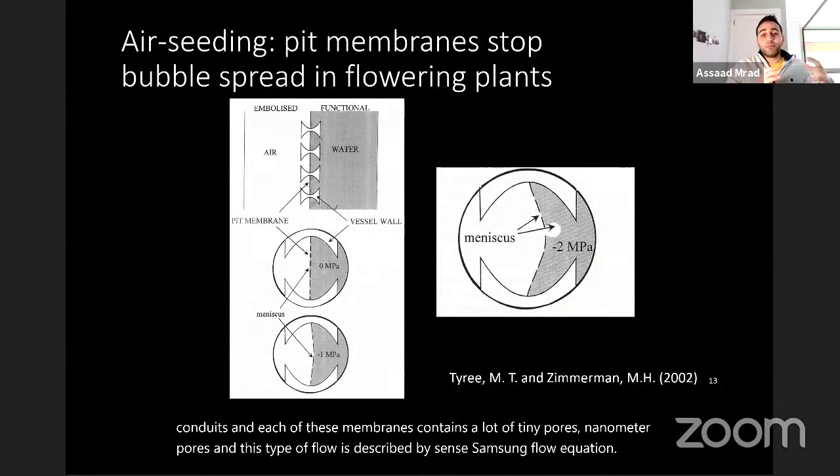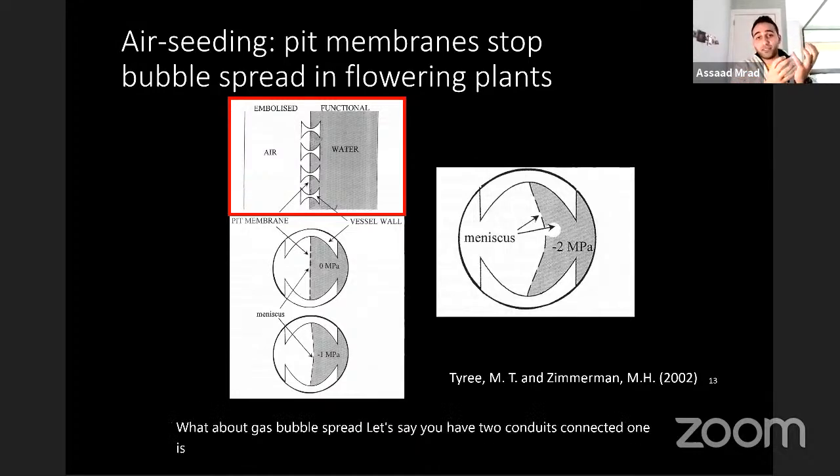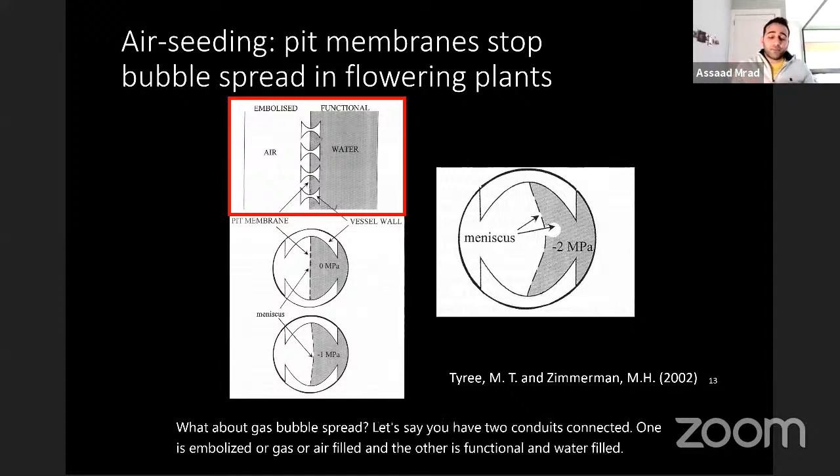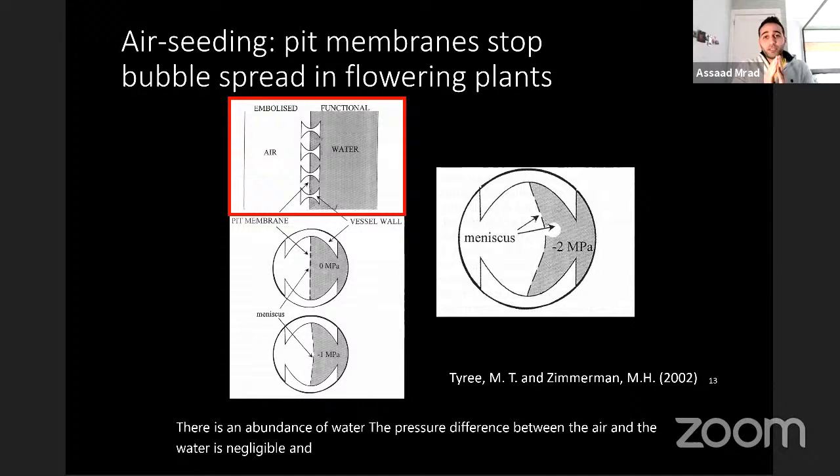What about gas bubble spread? Let's say you have two conduits connected. One is embolized, or gas or air filled, and the other is functional and water filled. When there's an abundance of water, the pressure difference between the air and the water is negligible. And the pit membrane and the pores, through capillarity and using surface tension forces, are effective at blocking air from